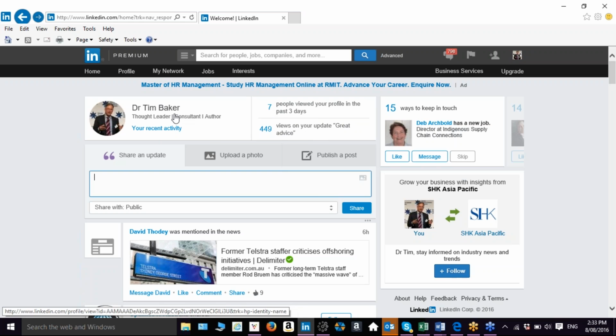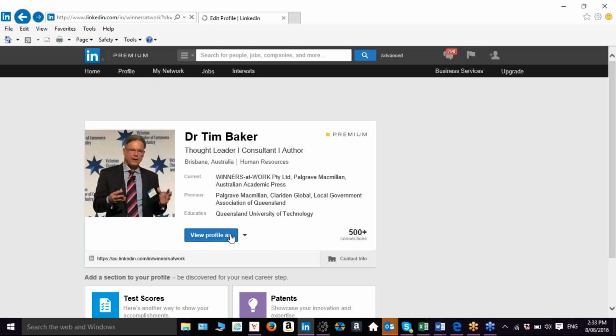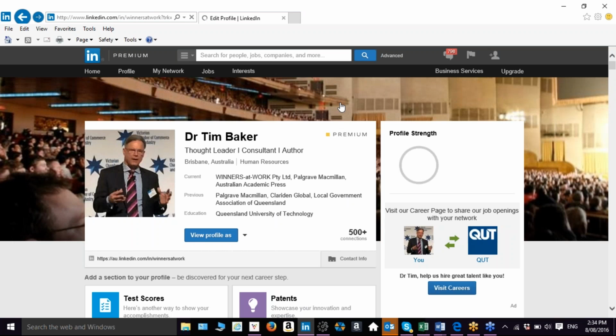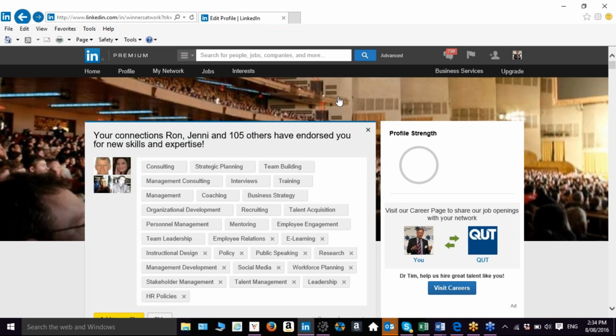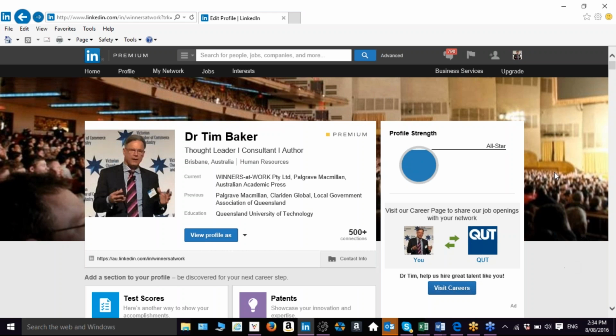So all good. Let's go to the profile page, because that's really what I want to spend most of my time looking at. The goal for you now is to get your profile page up to absolute top-notch standard, and there's no excuse not to do this. It's fun apart from anything else, because if you're really serious about using this as an opportunity for your career, then you really need to make sure that your first impression is a good impression. A couple of things that are